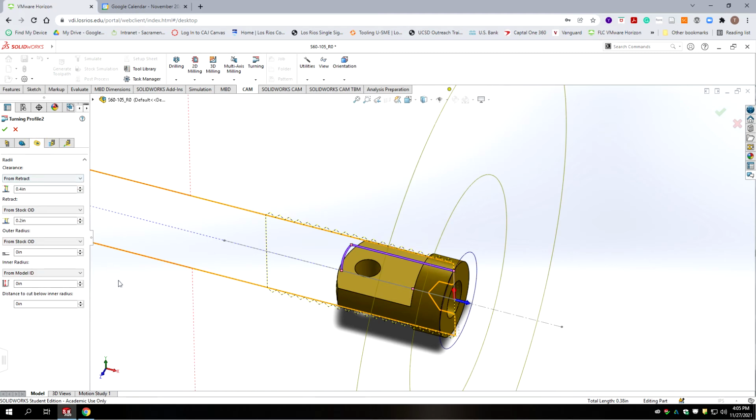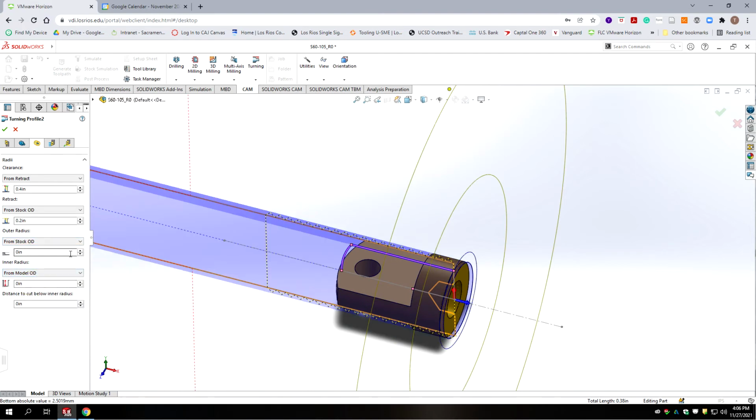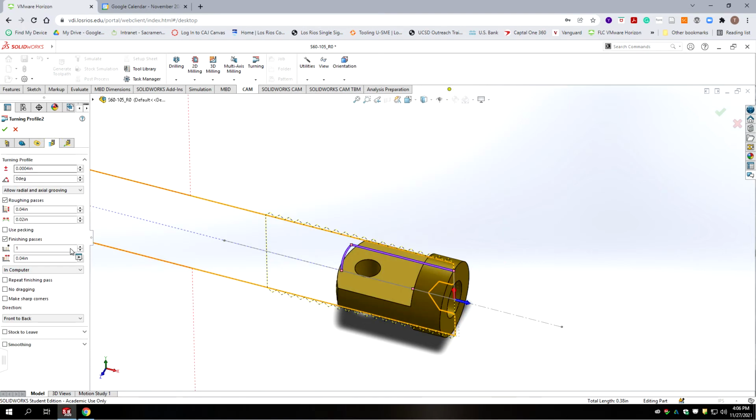Okay, we're going to go to diameters. We're going from stock OD, and then we're going to go to the model outside diameter OD. We're not cutting all the way to the center. And we're going to leave those at default. We'll go to the next tab. We're not going to allow grooving because we don't want it to cut this curve. We just want it to cut